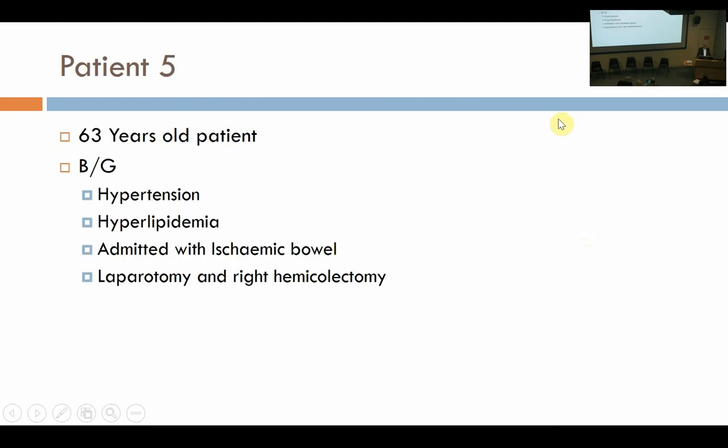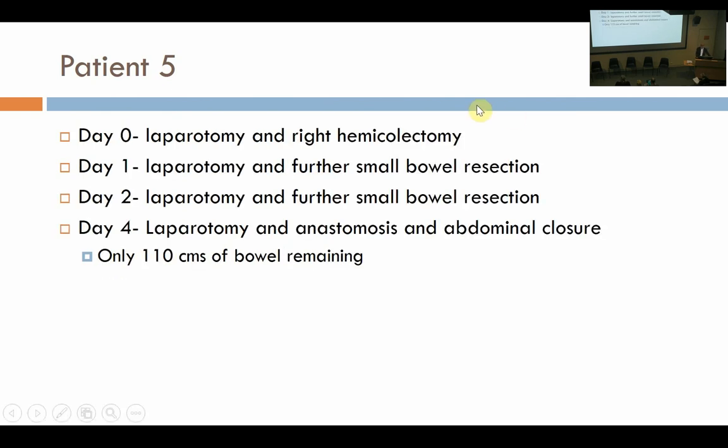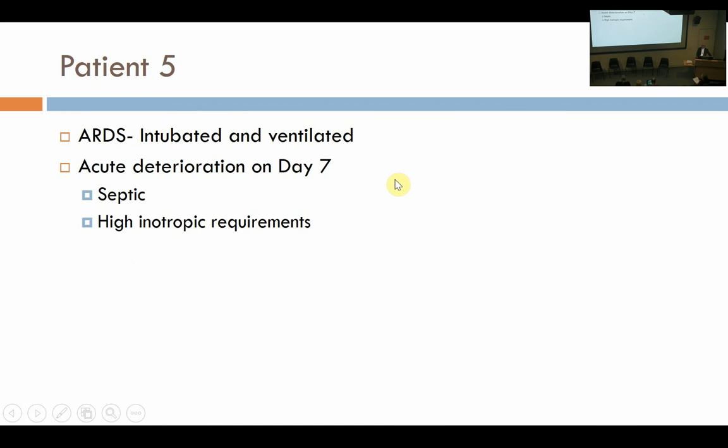So the last patient is a 63-year-old patient who's reasonably well, admitted with ischemic bowel. We initially did a laparotomy and a right hemicolectomy. We went back the next day, resected some more bowel. So we did 4 laparotomies, and at the end of that, he ended up with just 110 centimeters of small bowel. He seemed to be really struggling, had ARDS, was intubated and ventilated, and became acutely unwell on day 7,